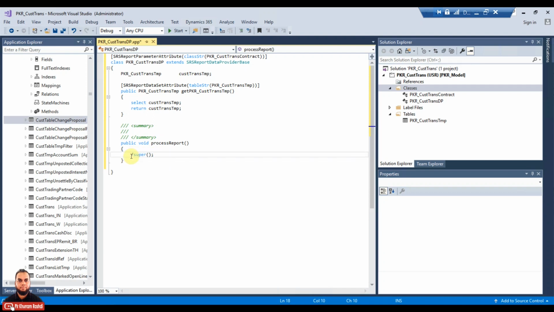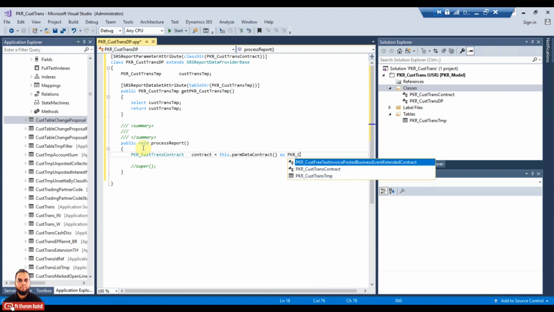Just comment it. After commenting, just declare our contract. The name will be as a local variable. I will use the contract name, and then I will assign or initialize it with the existing contract which is passed, and I will also cast this into